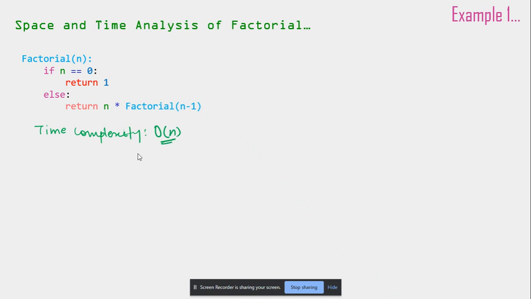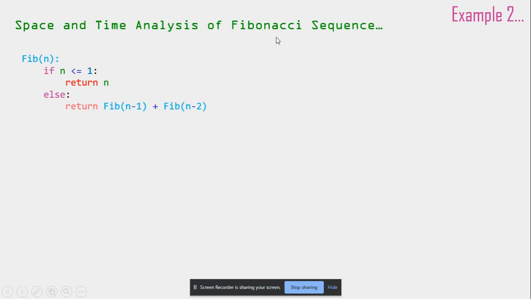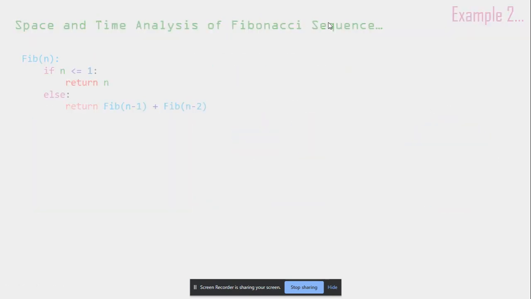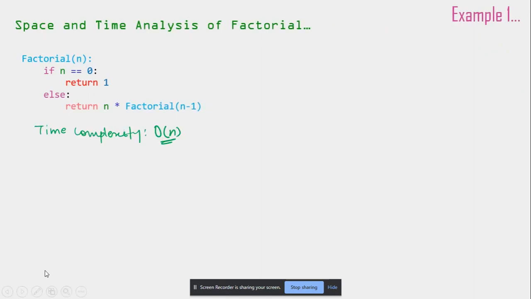As I told you, there are two types of methods: the recursive method and the iterative method. The recursive method takes O of n time. The next problem that we're going to discuss is the Fibonacci sequence. The same problem is going to come when you study mathematics. In mathematics, I'll be explaining all these problems using both methods, iterative as well as recursive, and we're going to code all these things. So, time complexity we have.